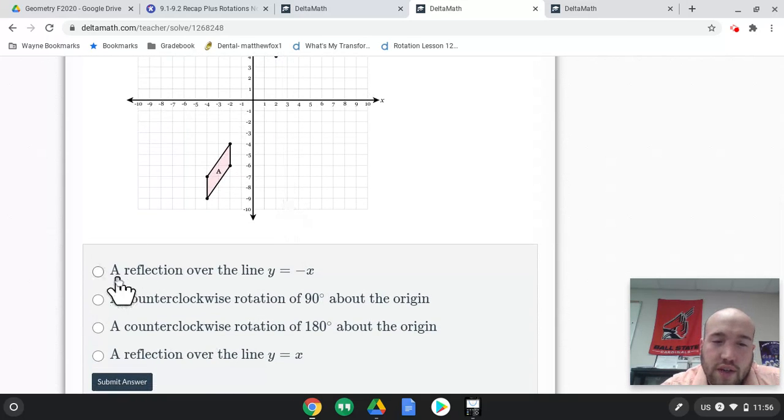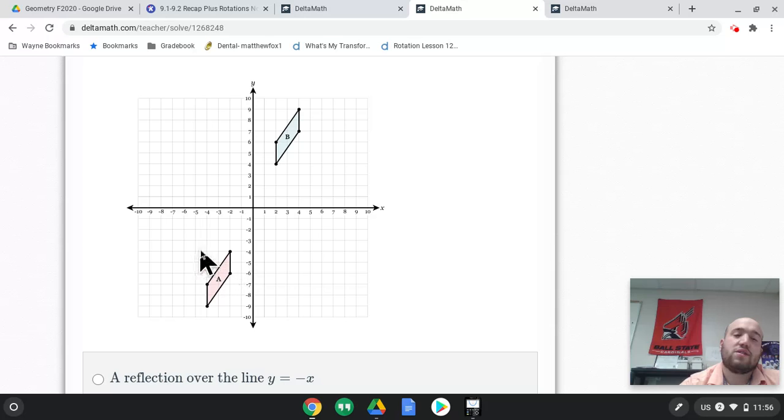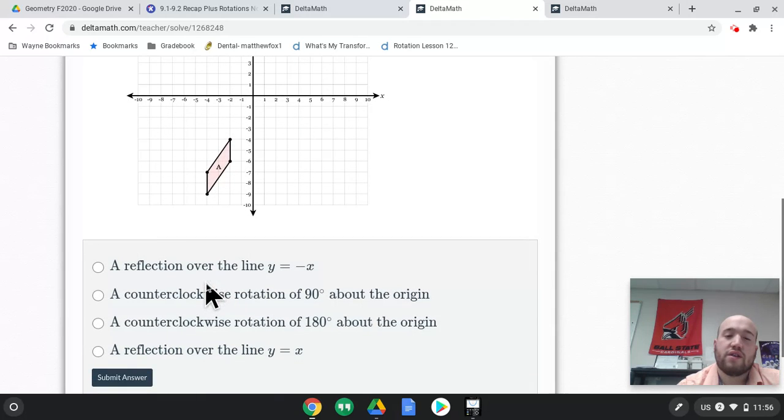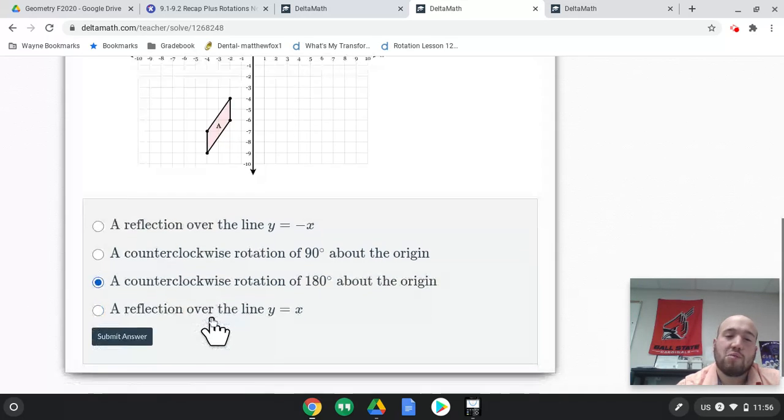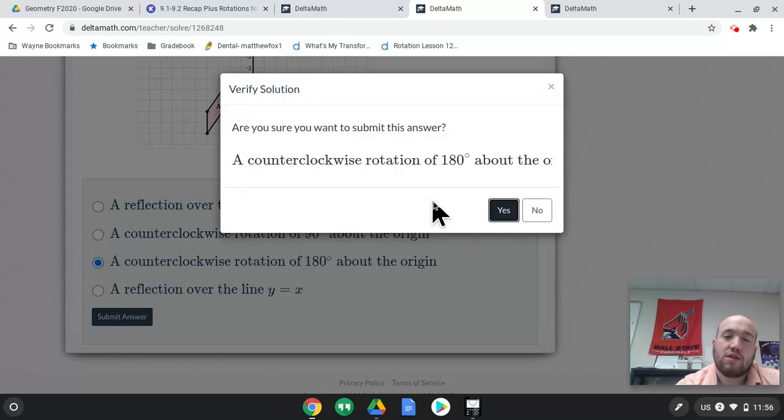Now, we look here. A reflection over the line, 2 of them are reflections. Hopefully you can see this is clearly rotating. A reflection over the line y equals x would have ended up over here. Y equals -x would have ended up over here. Okay, this is a rotation, and it has to go 180 degrees. It says counterclockwise. It also could have gone clockwise. Counterclockwise would get us there. Clockwise would get us there. It doesn't actually matter. So we submit our answer,